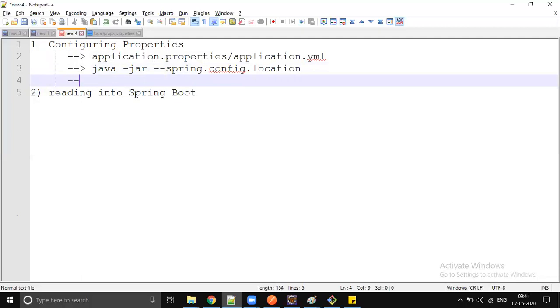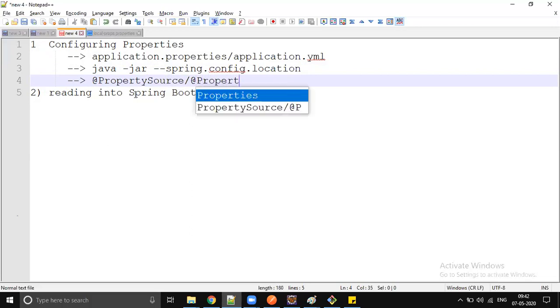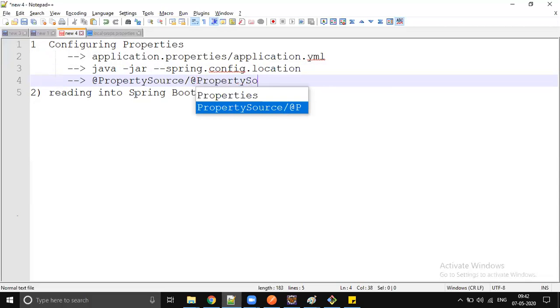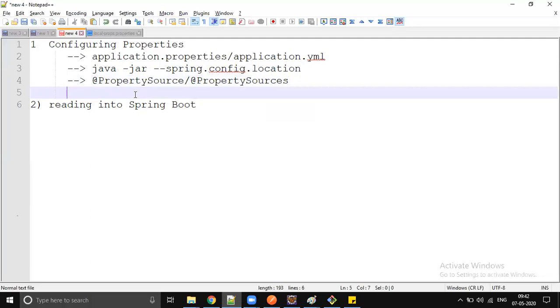In your Spring Boot application itself, if you want to load a file which is not application.properties, then you use at property source. Or if you have multiple property files, then use at property sources. So these are the ways you configure your properties files.